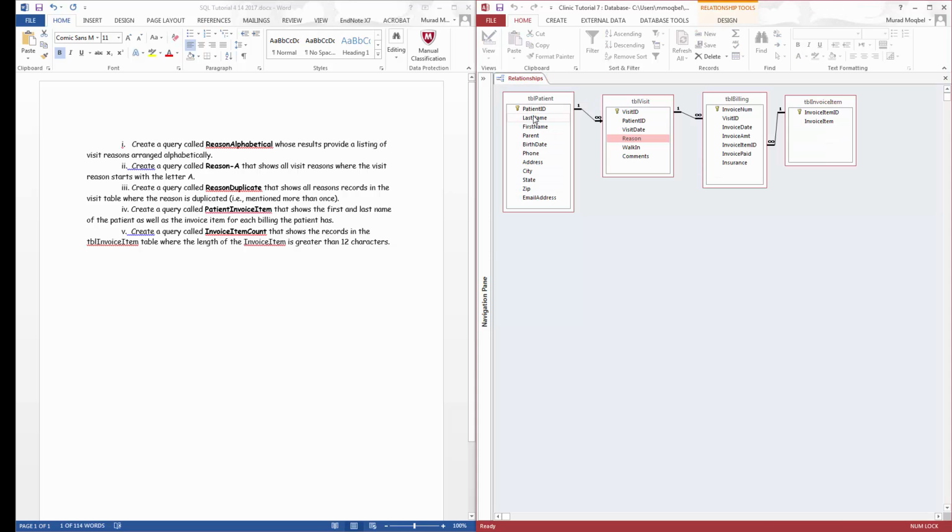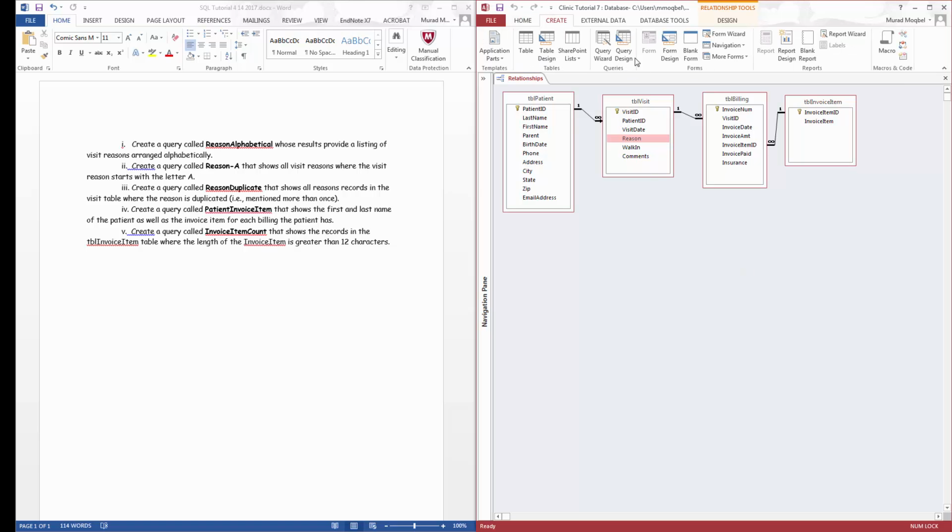Close it. So now let's look at the next one, the third one. Create a query called reason duplicate that shows all reasons records in the visit table where the reason is duplicated. Basically, it means mentioned more than once. All right, so this is kind of close enough to one of the examples or the assignment questions that he